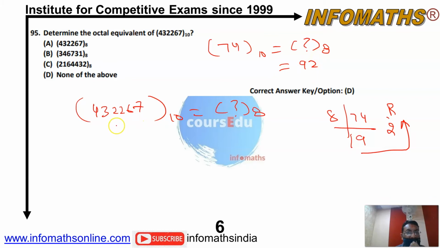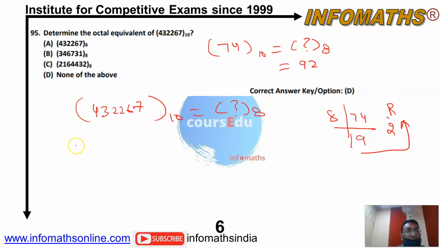But now it will be foolish to solve this question, 4 lakh 32,267, such a big number, by 8, finding the quotient and remainder. Student, it will take 4 or 5 minutes of you, even of mine. Now, what does the examiner think? Is he just checking your division or multiplication? No, he's not checking your division or multiplication. He's checking your IQ, intelligence, logic. So now I tell you the second way of getting the answer in just 10 seconds.